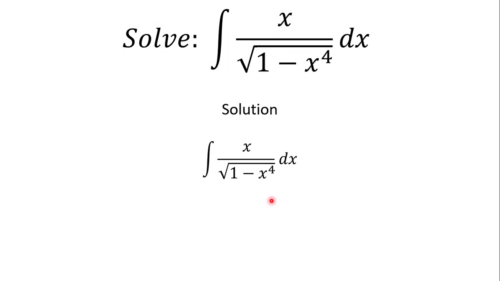Okay, so how are we going to rewrite this one as I'm saying? Well, x raised to the power 4 can be written as x squared, all raised to the power 2. When we do that, and then